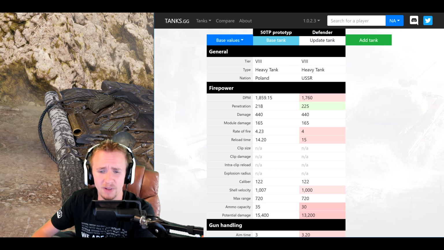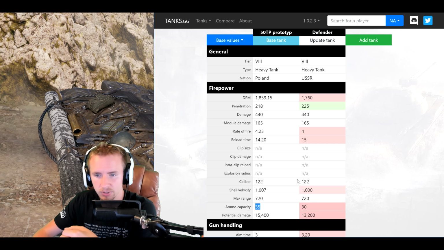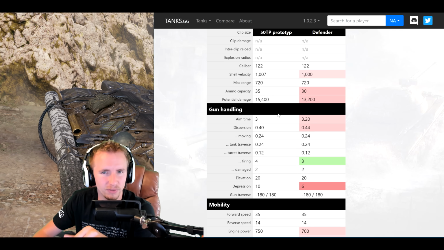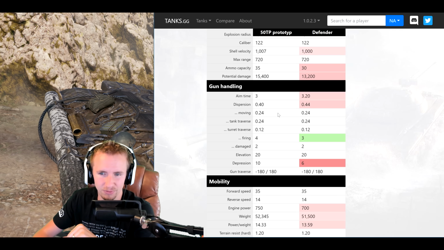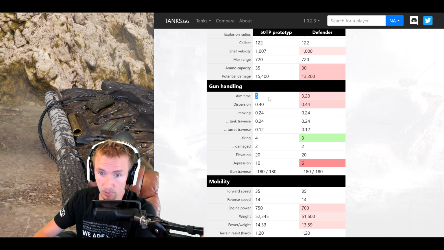The vehicle also carries 5 more rounds of ammunition than the Defender, which is very useful because you can take extra high explosive rounds, or you can avoid going into your APCR rounds after you run out of AP in a good matchup. So now on to gun handling. Is this where the 50TP is going to fall back behind the Defender? Well, no, that's not the case. It's got better aim time, but it's still not great at 3 seconds. But for such a large caliber gun, that's by no means terrible, and it's got 0.4 accuracy, which again is